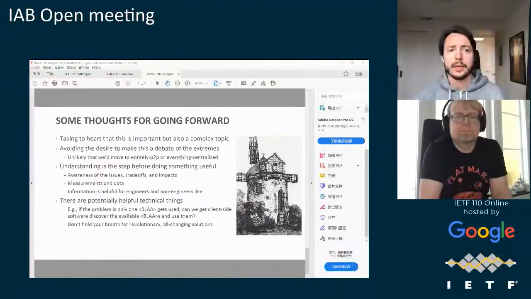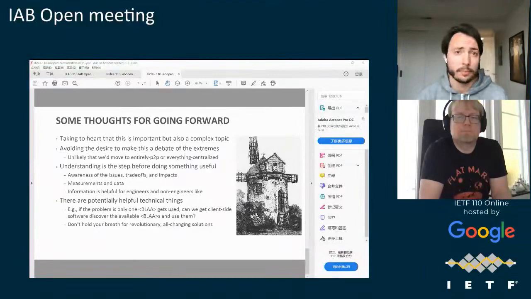Hi, David Schinazi, IAB. So first off, I want to say that I agree that this is a complex topic that is important, and I agree that too much centralization is bad, absolutely. That said, I'm very confused as to what the IAB, or at a larger scale, the IETF community can do here, because we are not the protocol police, we are not legislators. So what is the outcome here? If we write an RFC that says centralization is bad, that's not going to change the needle a bit. If we go and have a workshop and say, why is centralization bad? Because A, B, and C, I don't see that as moving the needle either.